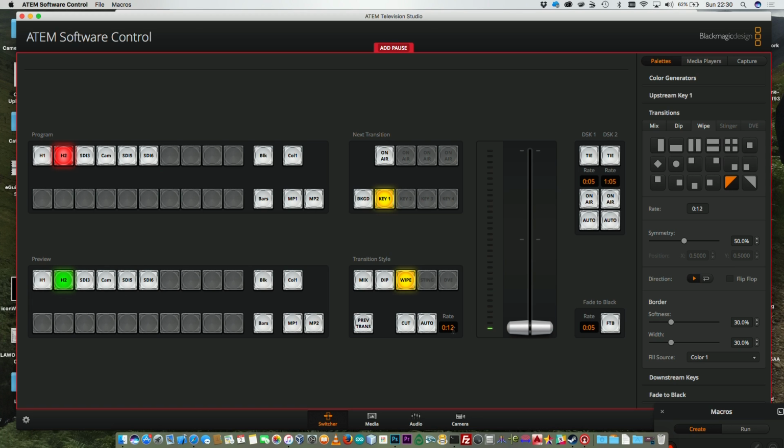Then we can select the transition time to be 12 frames. I don't know whether I should do a separate video on frame rates. Tell you one thing that is worth looking at is Matt Parker's video on the 29.97 frame rate. It's really good. So we've set the keyer 1, we've set the wipe time, and we've set that to be